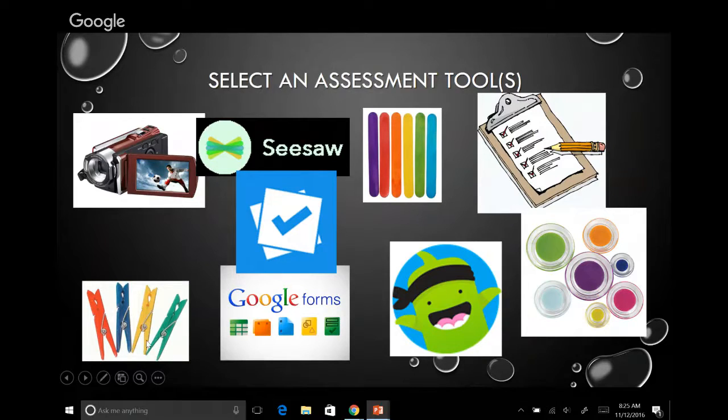So then I went to clothespins and used that same idea, but I would put clothespins on the back of a kid's shirt. At the end of the class, I would have the kids turn around, hold their clothespins up, and I take a picture of them, and so I could document their levels of proficiency that way.